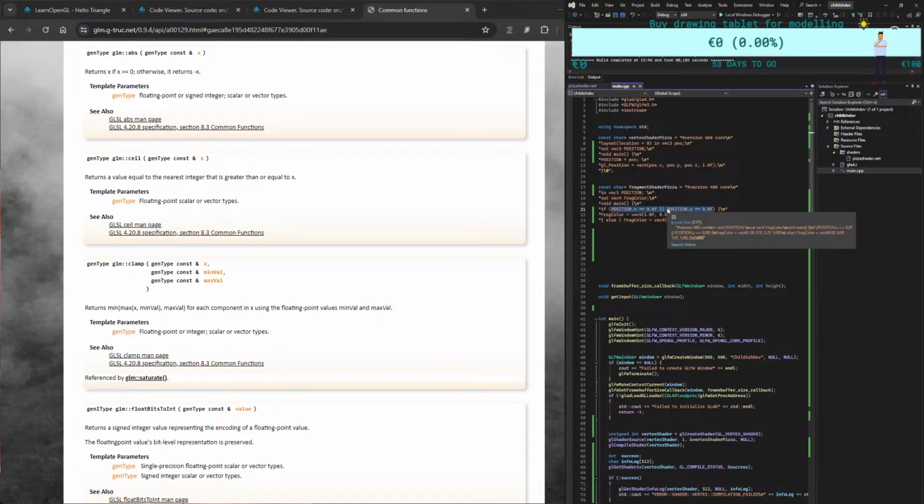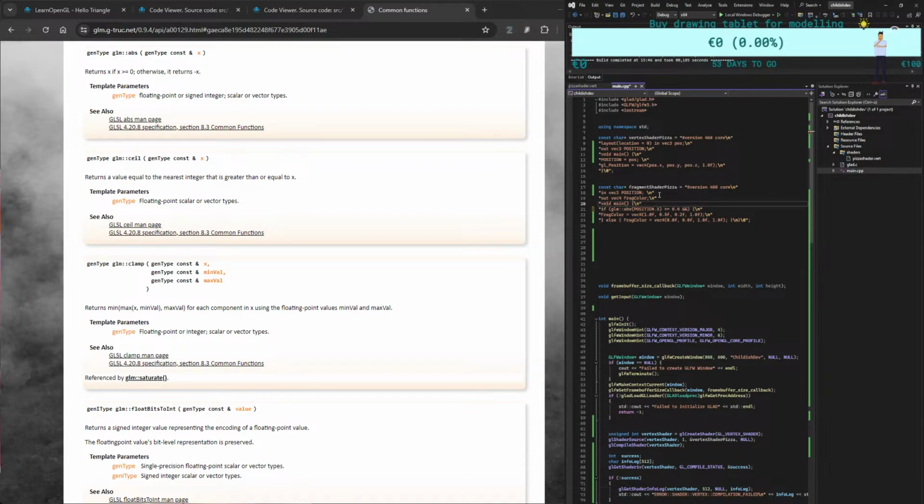So I'm writing glm abs and position x less equal greater equal than 0.4 and